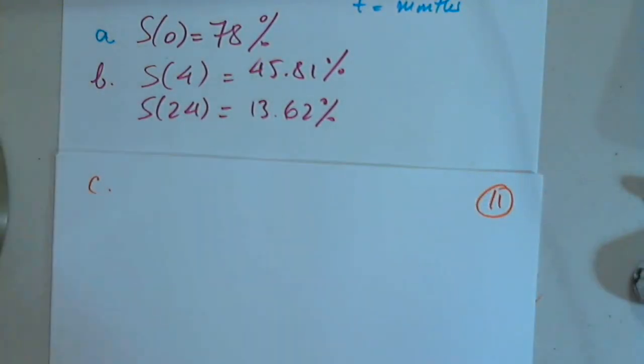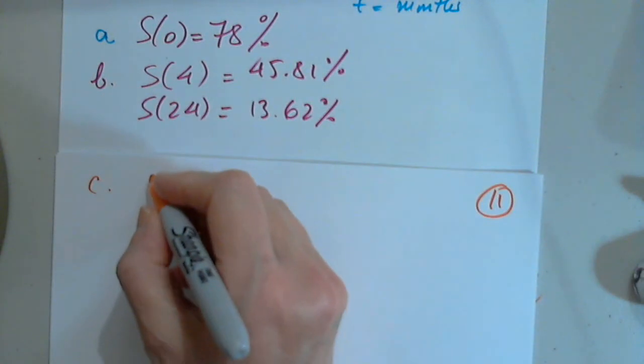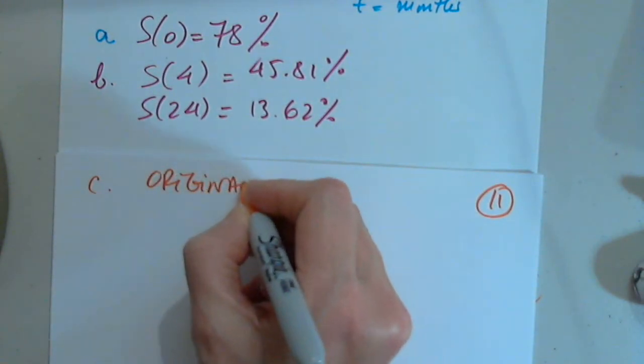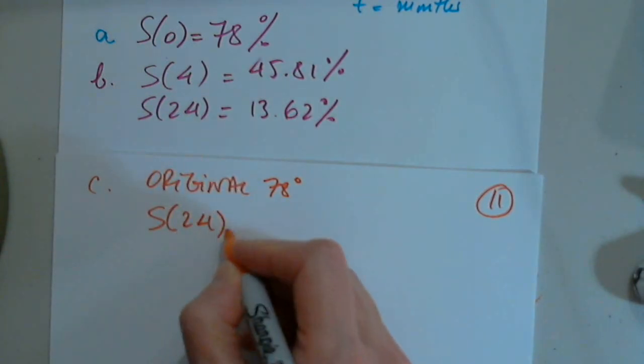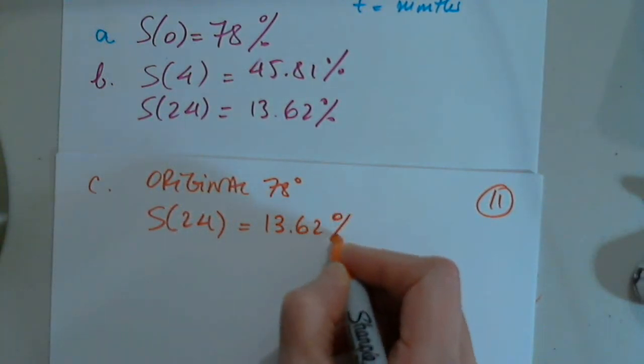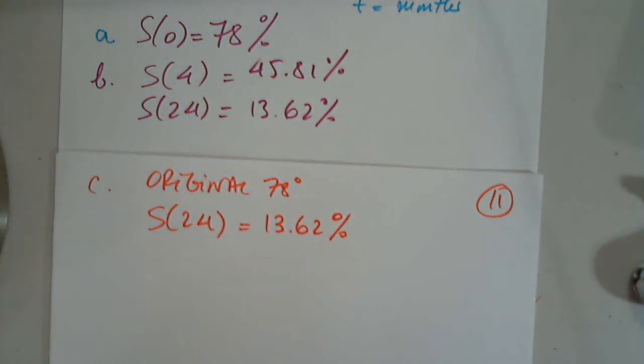So I'm on page 11. What percentage of the original? So we have to divide by the original. So how do we do that? So the original was 78. So this is original. Now, after 24 months, we have 13.62. So we have to find